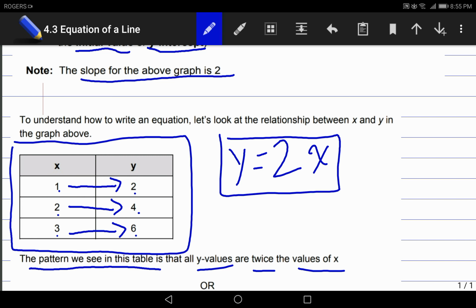All right? So you leave Y and X just as Y and X. You're not plugging in numbers for Y and X because there's many different possibilities for Y and X. So you leave those just as Y and X, and all you do is you write in the 2. All the Y's are twice the values of X. This is the first linear equation